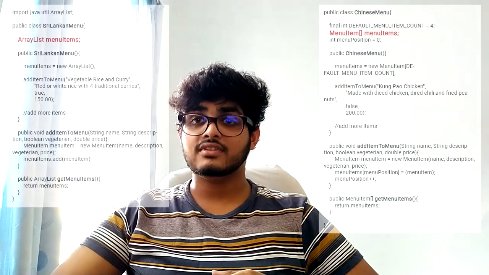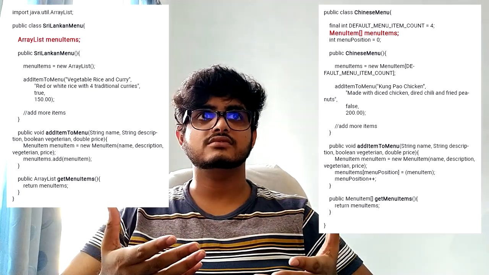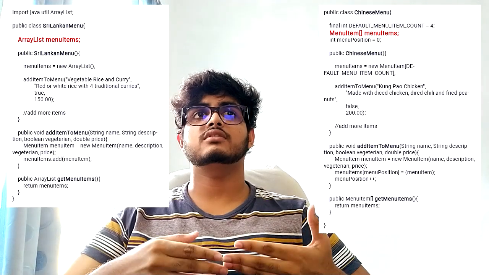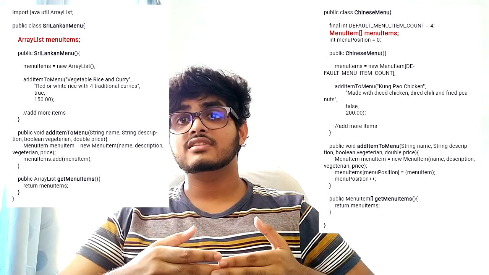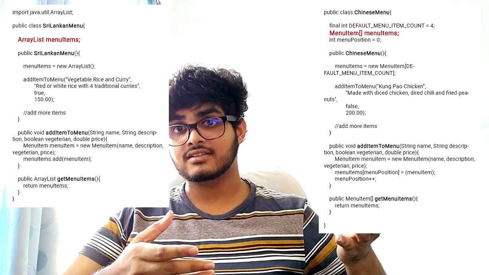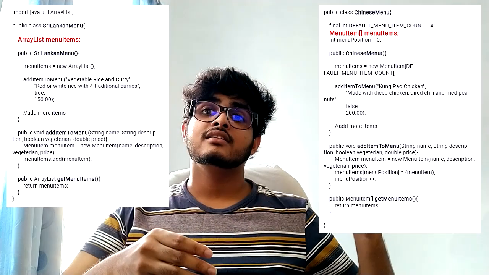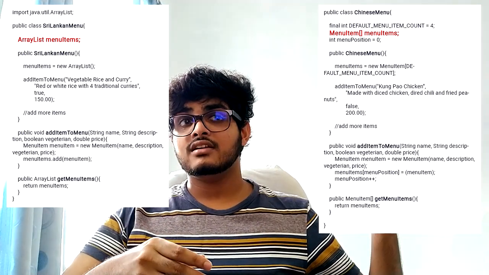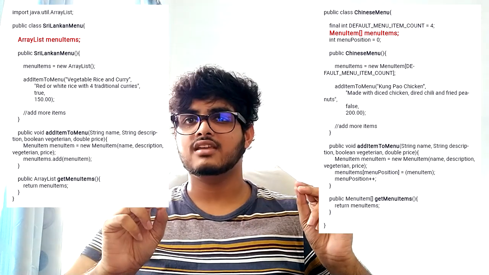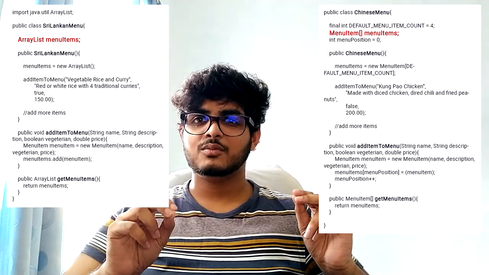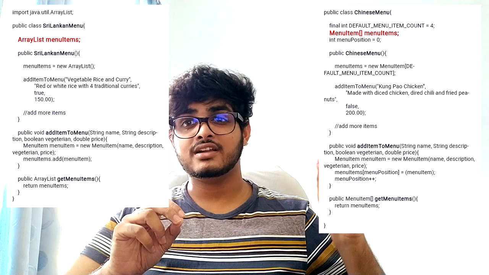On the first day, they gave Tarindu both of their menus, and he was so confused, because looking at both of those menus, Mala has used an ArrayList to collect menu items, and John used an array of menu items to collect the menu items. So those are two different things. And it's not supposed to be the waiter's job to learn how they created each of the menus.